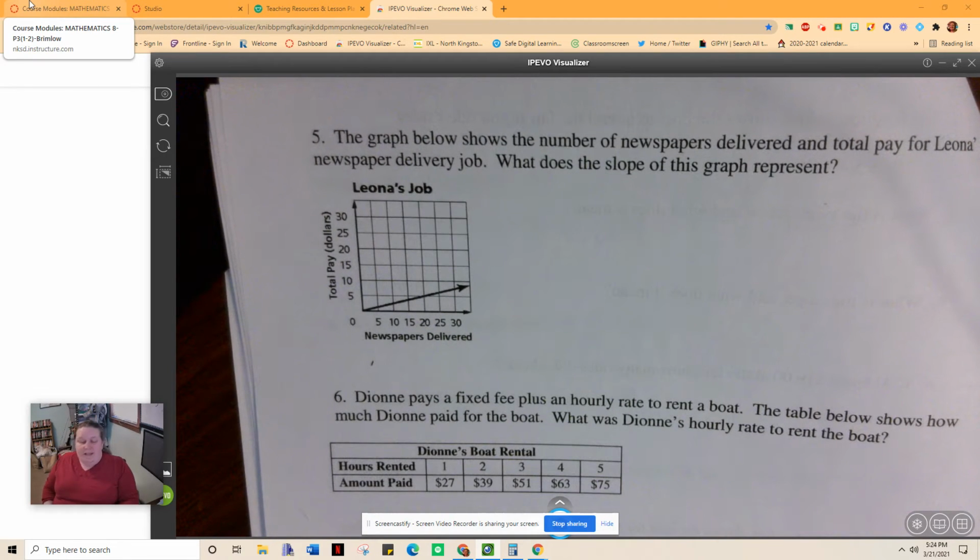Hi everyone, it's Mrs. Brimlow, and today I'd like to talk to you about real-world slope-intercept form, but in graphs and tables. So yesterday we really focused on equations, breaking them apart, real-world scenarios, and even made a connection to